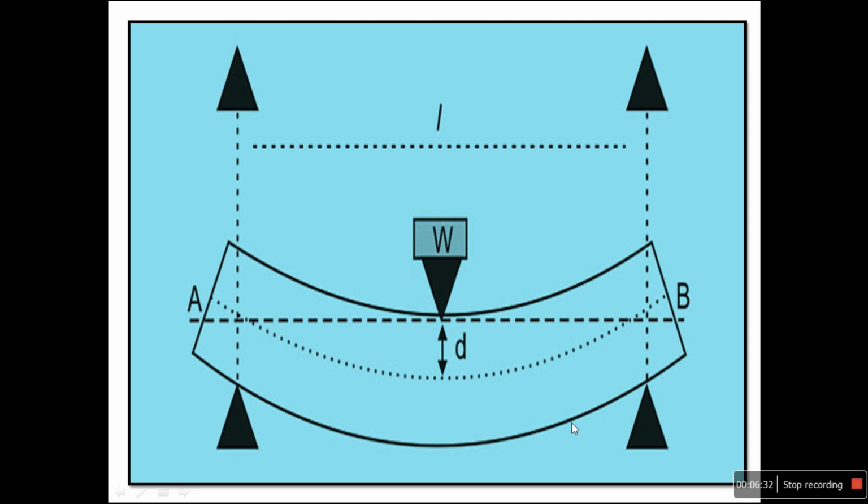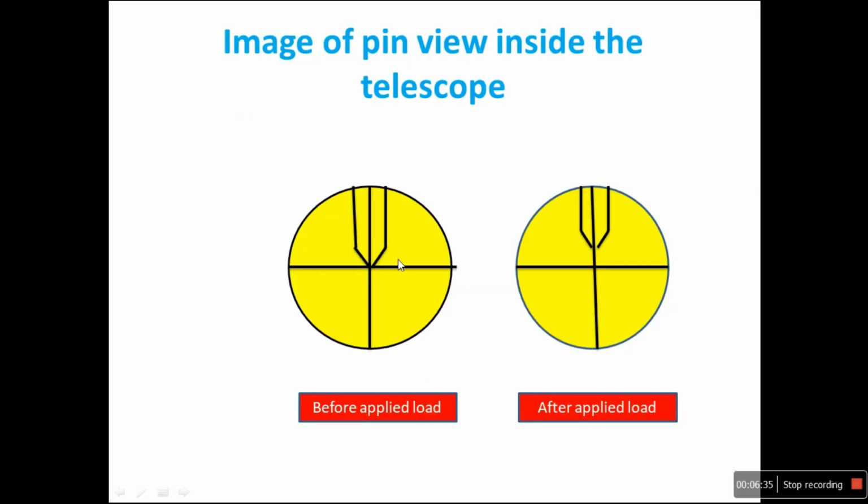In the field of view you can see like this. Looking through the telescope of the travelling microscope, in the field of view you have two cross wires, one vertical and one horizontal. Before applying the load, using some screws, we have to fix the pin so that it exactly coincides with the midpoint of the horizontal and vertical lines. We fix the pin at this point before applying the load. What happens after applying the load? Due to the depression, how can we analyze the depression?